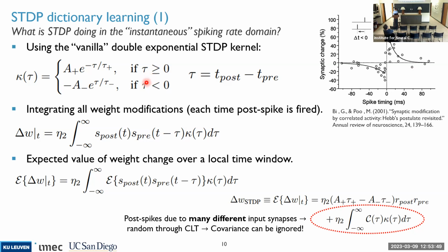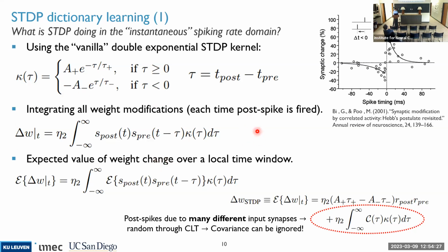Then what we can write down is the weight modification at time step t, given a certain train of postsynaptic spikes and a certain train of presynaptic spikes. We can write it as follows. Each time the postsynaptic spike at time step t is equal to 1, it is a matter of convolving all the presynaptic spikes with the STDP curve. This would be simply the equation giving you the weight change of the synapse given the postsynaptic spike train and the presynaptic spike train.